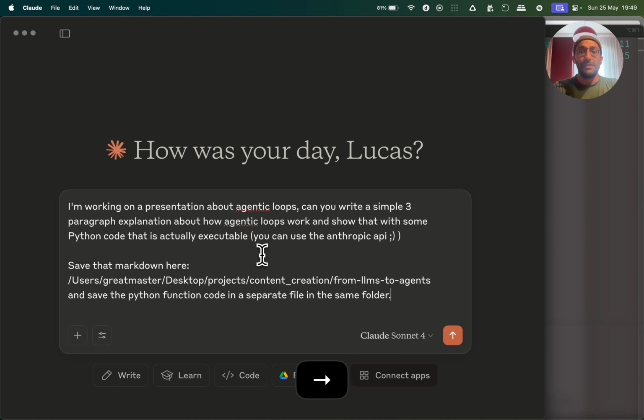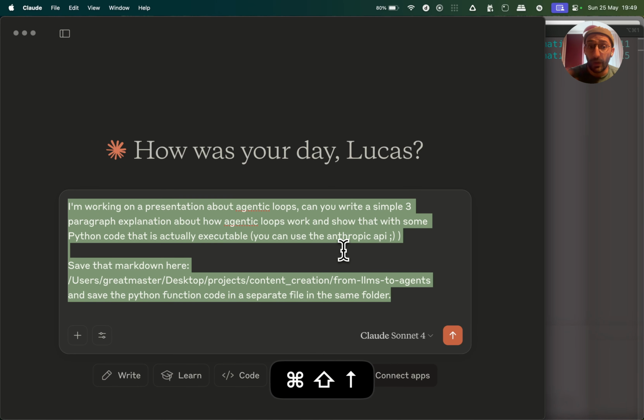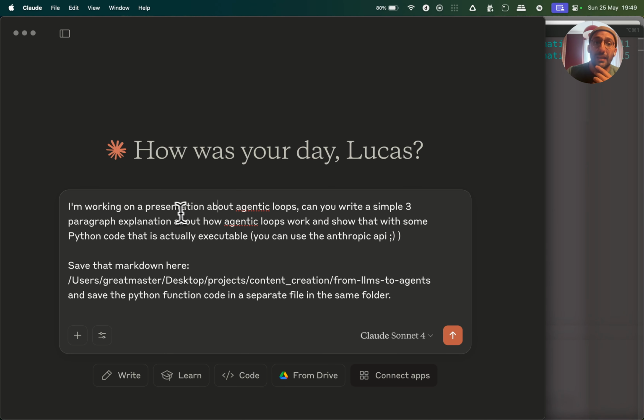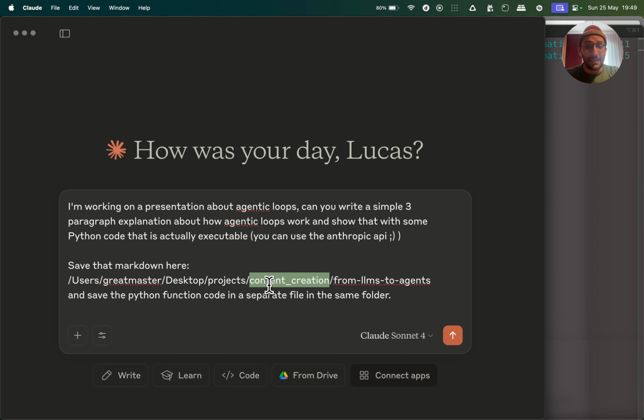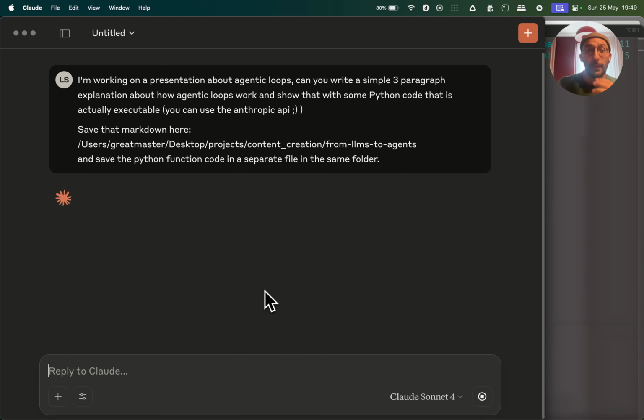So folks, as you can see, this request that I'm making to Claude is quite complex, right? It has to understand that I'm working on this presentation. It has to write something, save it to my machine, understand that it has to save to this folder, and then write another thing, save it to the same folder. It's a lot of stuff. Let's see what happens. So now I'm going to send it.